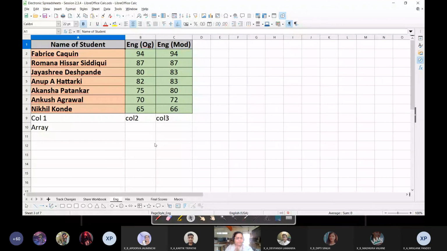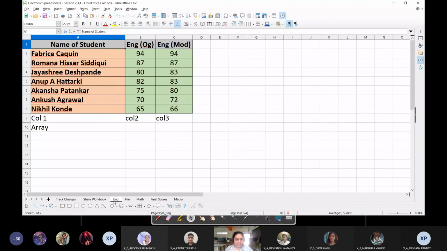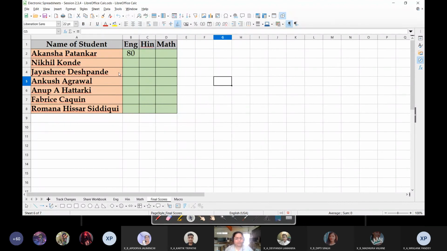What normally happened was this whole worksheet was given to different teachers, okay, and it was told to them that English teachers will be entering the marks in the English sheet, Hindi teacher will be entering the marks in the Hindi sheet, and math teacher in the math sheet, right? And IT teacher's work is to consolidate the data from different sources.